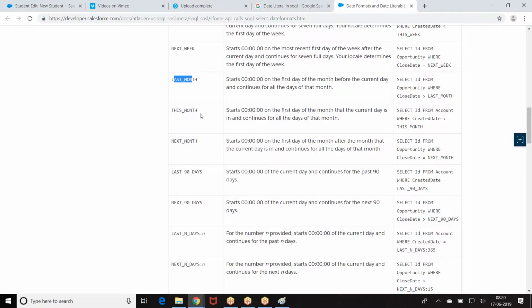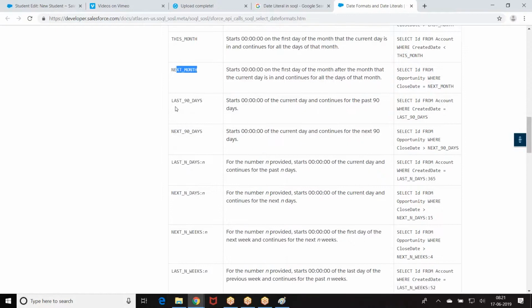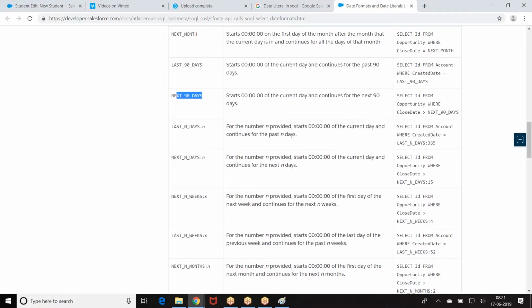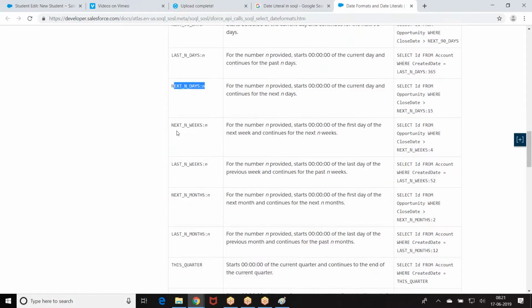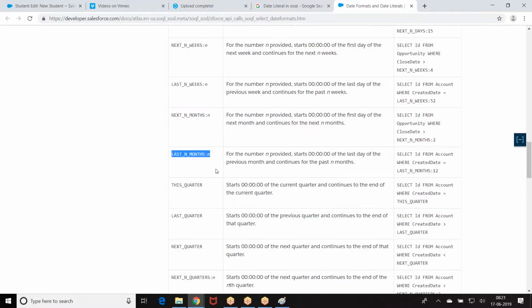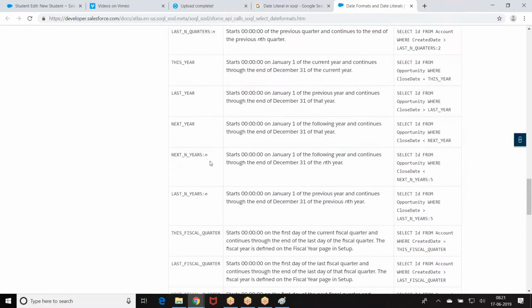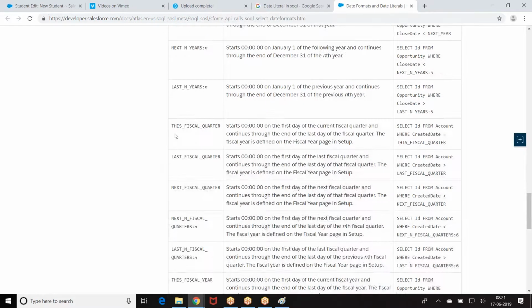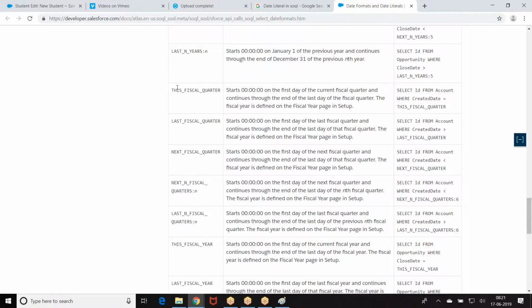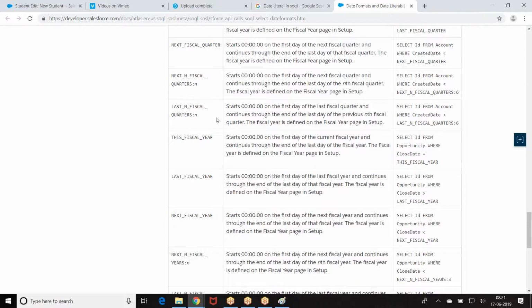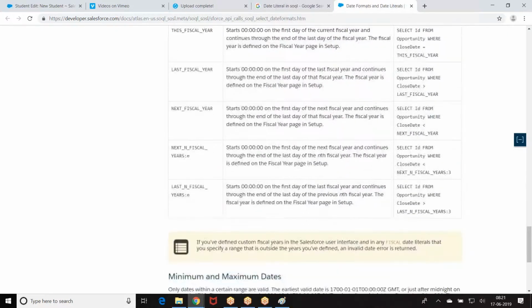Okay, last month, this month, next month, last 90 days, next 90 days, last n days, next n days, next n weeks, last n weeks, next n months, last n months, this quarter, last quarter, next quarter, next n quarters, this year, last year, next n years, last n years, this financial year, last financial year, this financial quarter, last financial quarter, next financial quarter. Okay, next n financial quarters, financial years. All these names themselves say what they are.